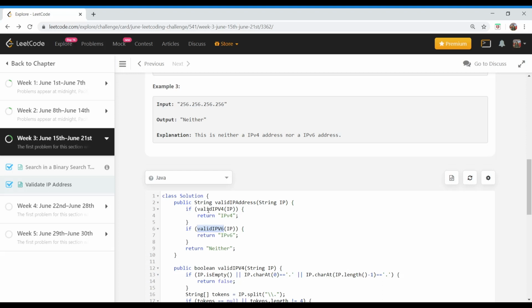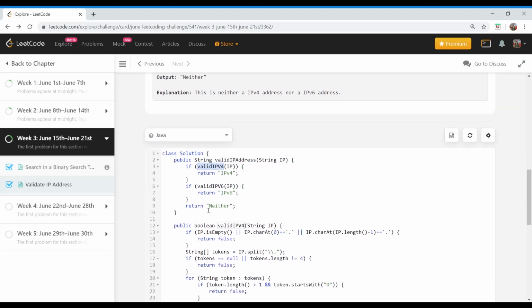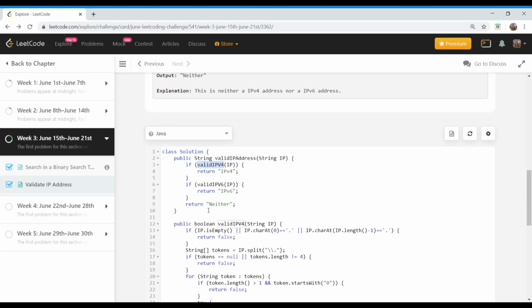So it's better to create some helper functions rather than placing all the logic in a single method. In case we don't receive a valid IPv4 or valid IPv6, we'll simply return neither.